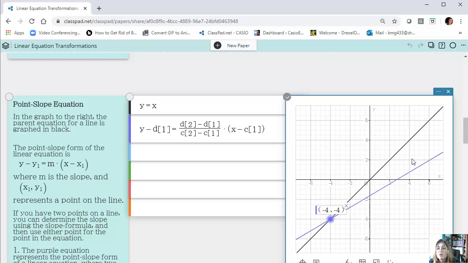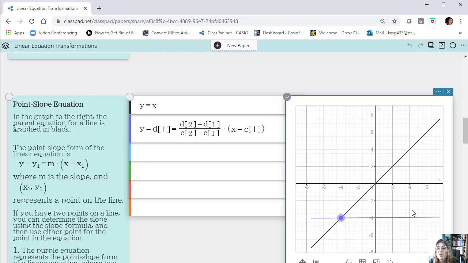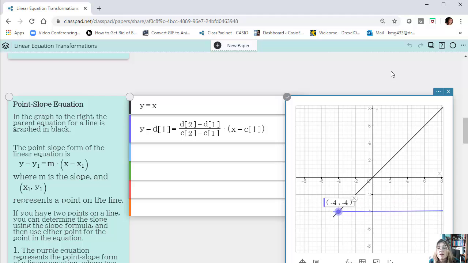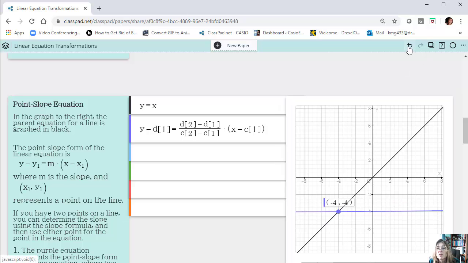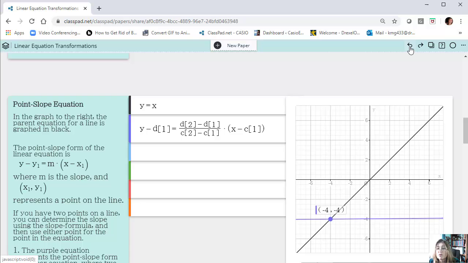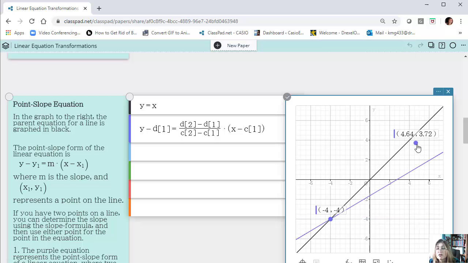Oops, I moved the points somewhere far off there. Anyway, they're going to explore that. I messed up, so I'm going to hit undo, and that'll get me back to where I need to be. This is a nice feature of most software, is if you make a mistake, you can hit undo and get back to where you want it to be. There it is. And I wanted to put this point. There we go. And now my line will line up. So what do I notice about the coordinates if I have the purple line on top of the parent function?